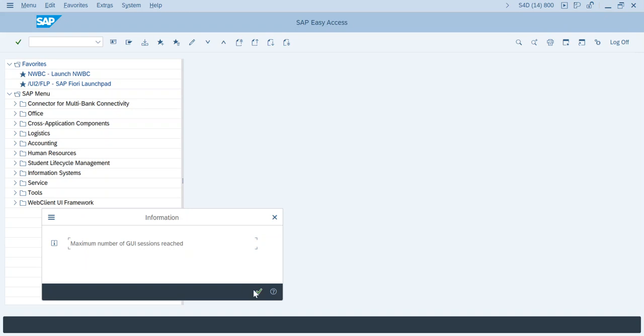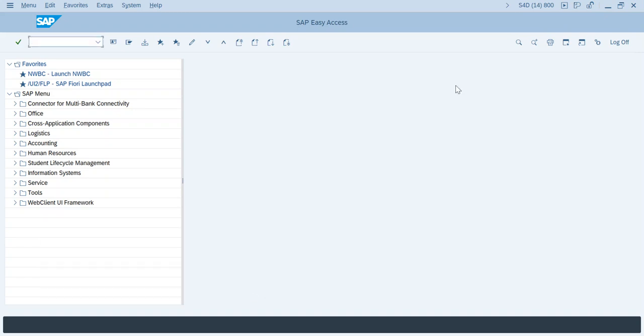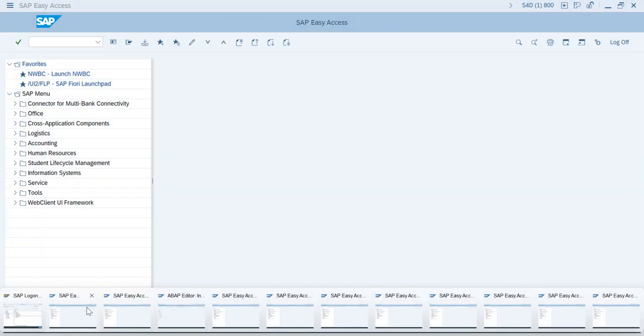You see, now I'm on the 14th, that means I close 2 sessions. Again I can close it, 3 sessions. Otherwise, if you want to close in other way, you can also type /i here. It also deletes the session. You see, 12th session. Now again I'm going to delete the 12th session /i. So you see, now only 1 2 3 4 5 6 7 8 9 10 11, only 11 sessions are